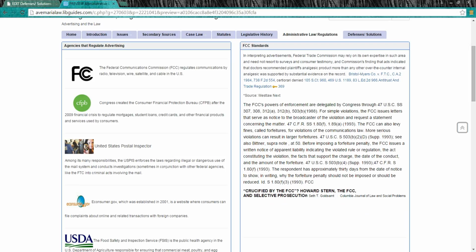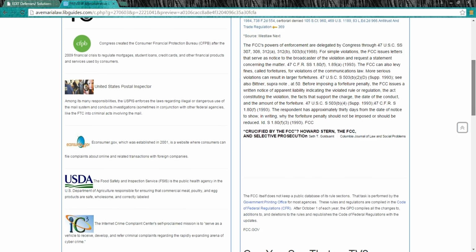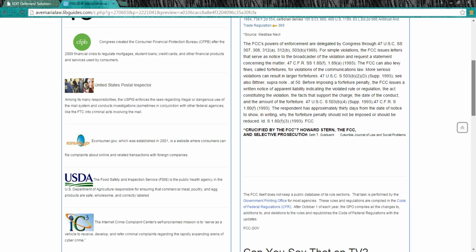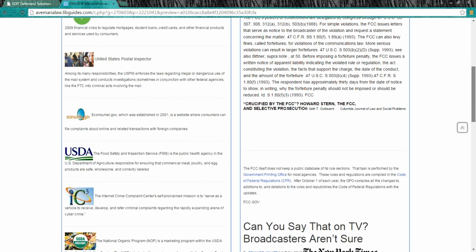I thought it was interesting how many different agencies, and you can see this to the left, regulate advertising. There's the Federal Communications Commission. There's the Consumer Financial Protection Bureau. That's actually pretty new. It was started by, I think, Massachusetts Senator Elizabeth Warren, who, you know, there's a lot of controversy around. Anyways, United States Postal Inspectors,